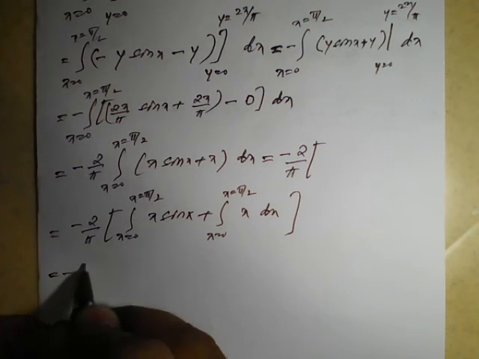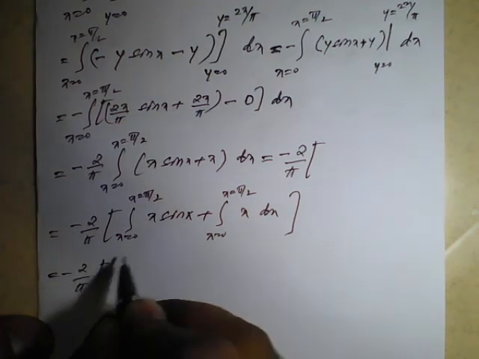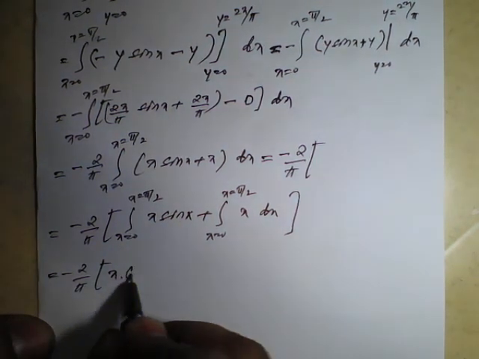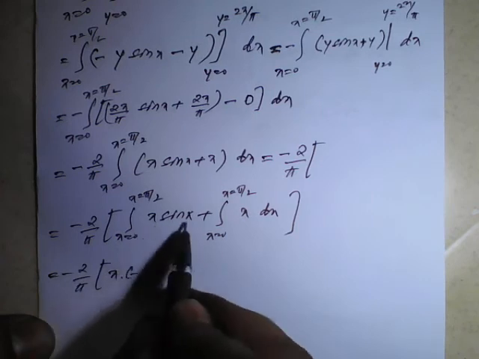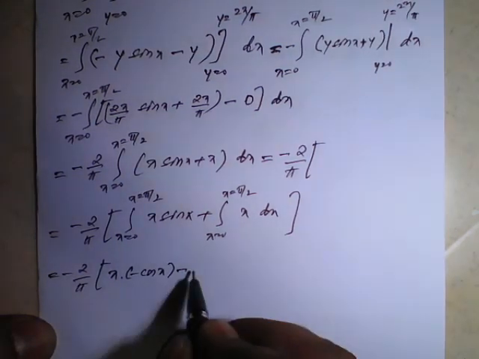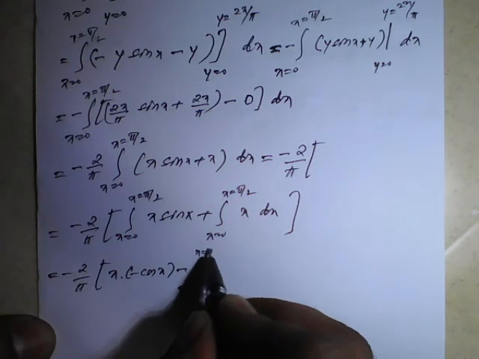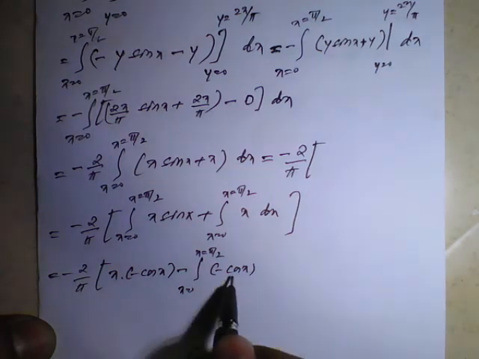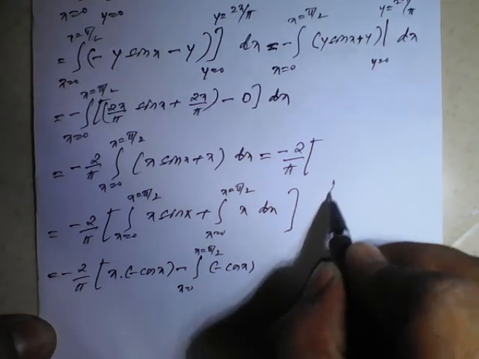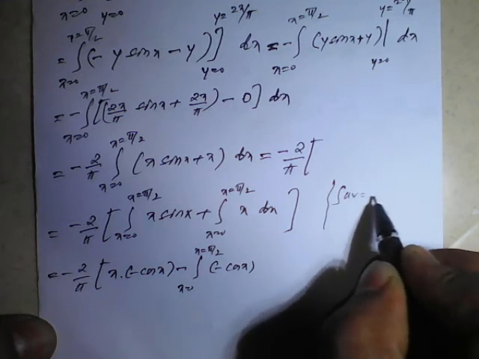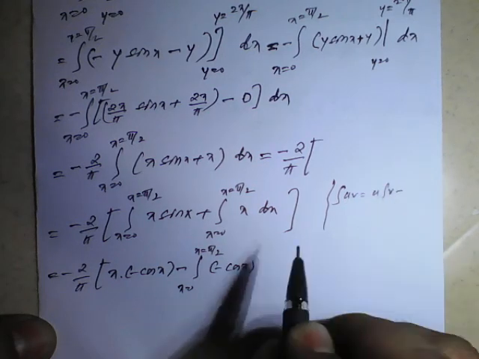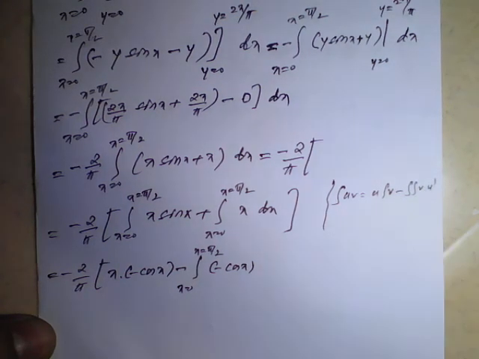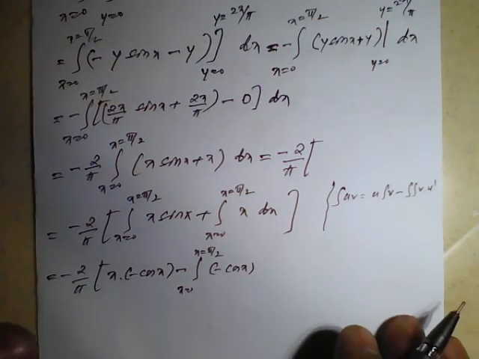So now simplify, minus 2 upon pi. So the product formula we need to apply. Keep x as it is. Integration of sin x is minus cos x. Product means we need to apply the product formula: minus integration of x from 0 to pi by 2 of the differentiation of x times the integration of minus cos x. Because we need to apply the formula, integration of uv, that is, keep u as it is, integration of v, minus integration of the integration of v into differentiation of u, that is u dash.